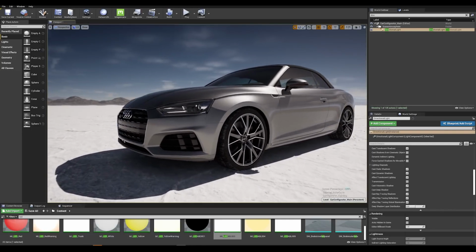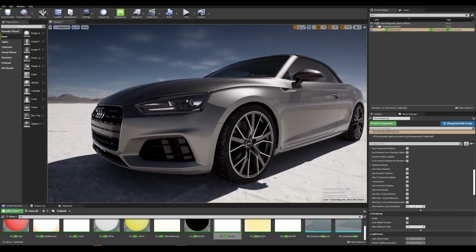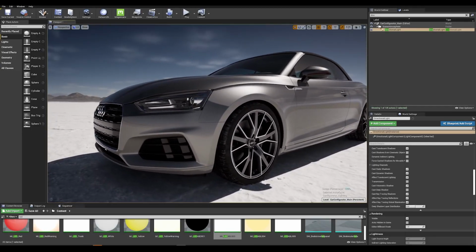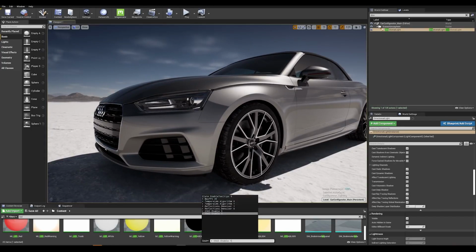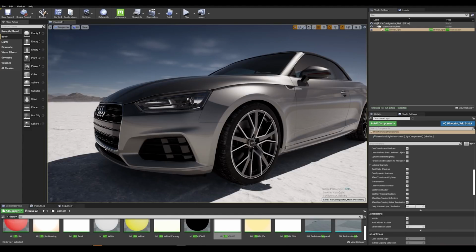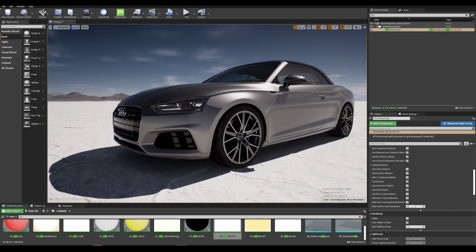Now, the last console variable that we used here, which is nice to show, is the new temporal AA algorithm. This is driven by this command called r.TemporalAA.Algorithm. And right now it is set to 1. If you want to switch back to the default method, that would be r.TemporalAA.Algorithm 0. And that falls back to the normal